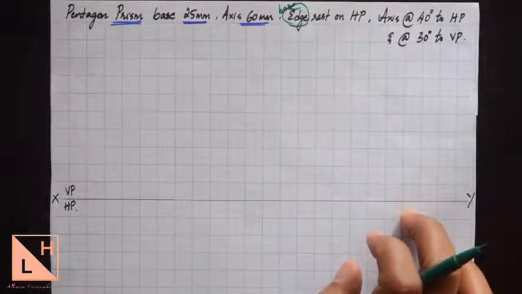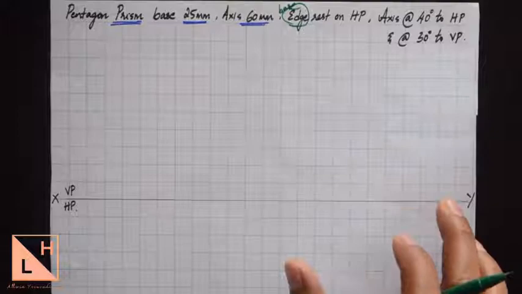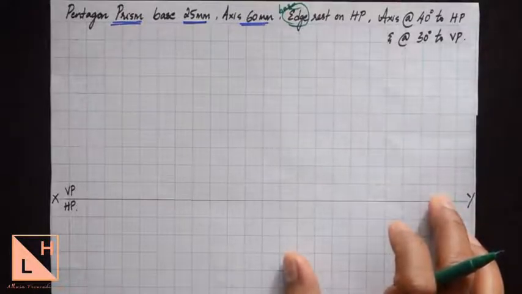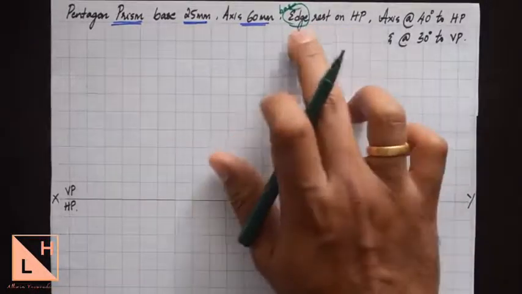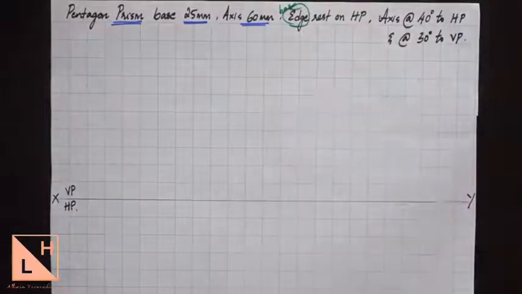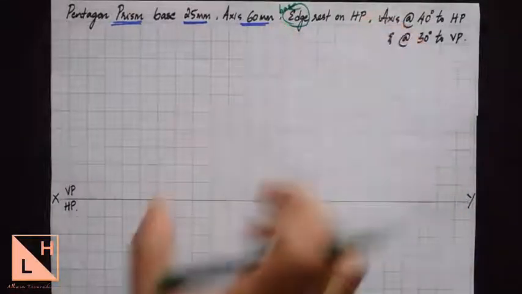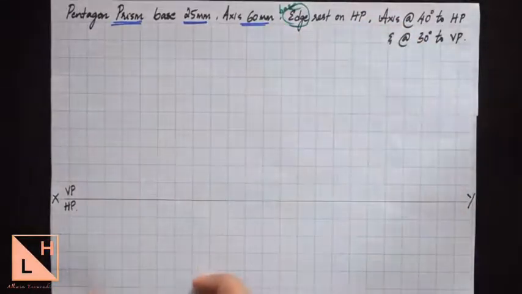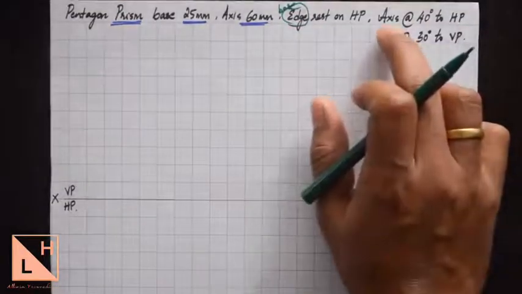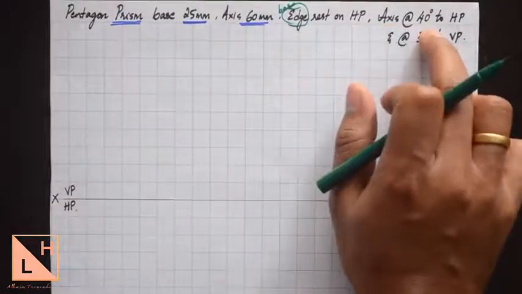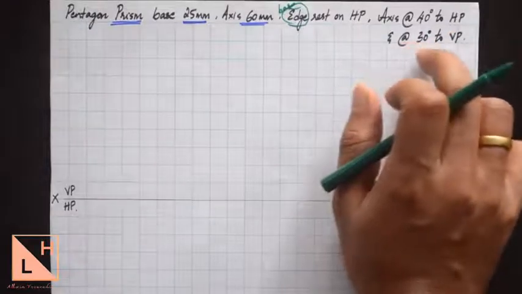All the problems you'll find in the orthographic projection of solids, according to many of the university syllabus, will be the edge resting on HP or corner resting on HP, which means that you need to draw the plane figure on the horizontal plane, that is below the XY line. And the condition with respect to axis is that axis makes 40 degrees to HP and axis makes 30 degrees